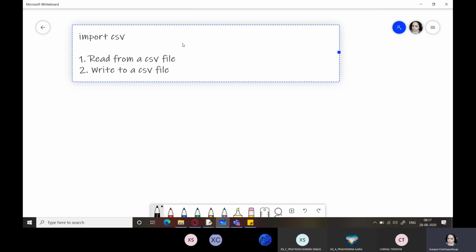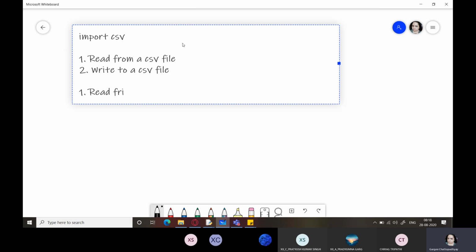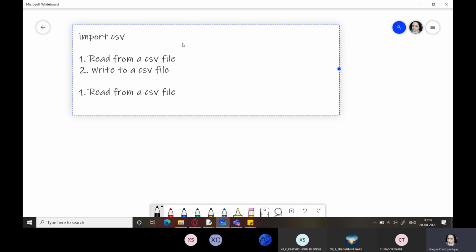We will be performing the read operation first and then we will be moving on to writing. So the first one, that is read from a CSV file. How do we do this? Reading from the CSV file is very easy. For this, we need to create a CSV reader object.